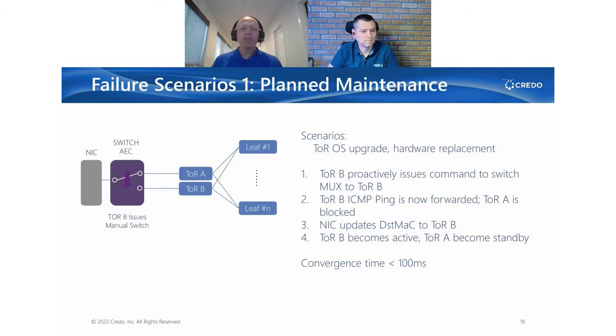So let's look at some failure scenarios. How does this thing recover from failure scenarios? It turns out that the most important scenario is planned maintenance. That's often the case. So we're operating a system, let's say TOR A is the current active TOR, and we need to do some sort of an OS upgrade, which can't be done in a hitless way, or a hardware replacement or something else. In this case, the system's running away. You have TOR B, which is the current standby TOR, proactively issue a command to the cable in order to switch the MUX. As soon as the cable switches that MUX, and it happens very quickly,